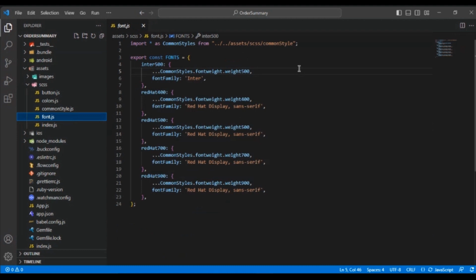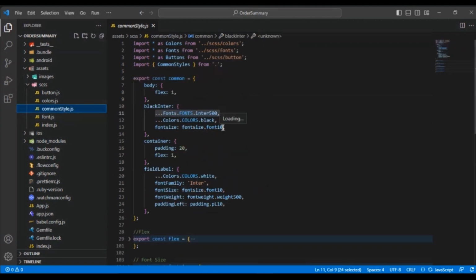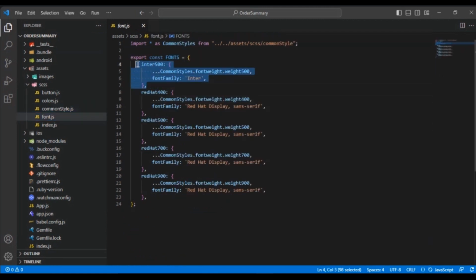And within the font.js file, you can see I have called the font family. We have different font families, and the reason why we have created this file is because with different font families, we have different font weights. We need to use font types, font sizes. So instead of having to repetitively keep typing font family, font weight, font size, we can simply create an object